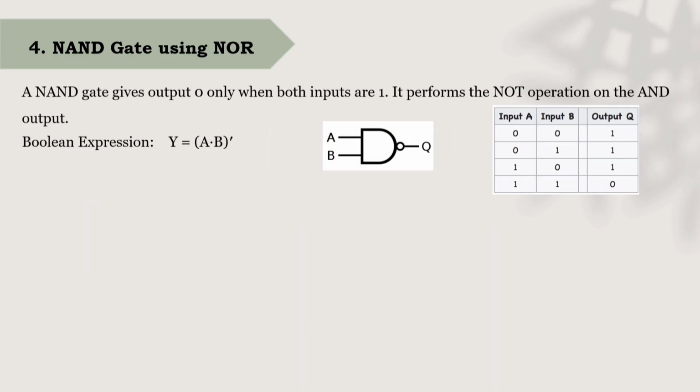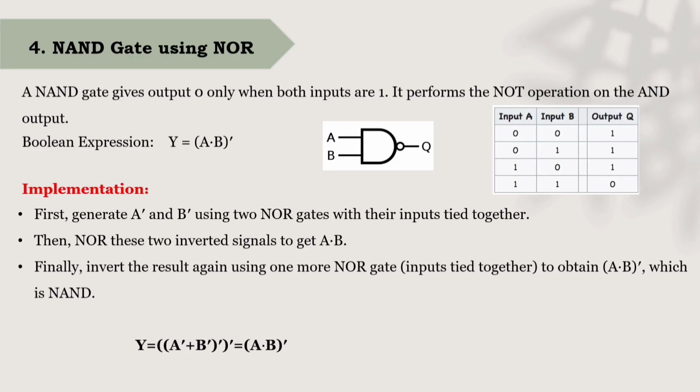So we know the Boolean expression for the NAND gate, that is Y equals (A dot B) whole bar. A NAND gate gives the output 0 only when both the inputs are 1. It performs the NOT operation on the AND output. Based on the De Morgan rule, we can write (A dot B) whole bar as